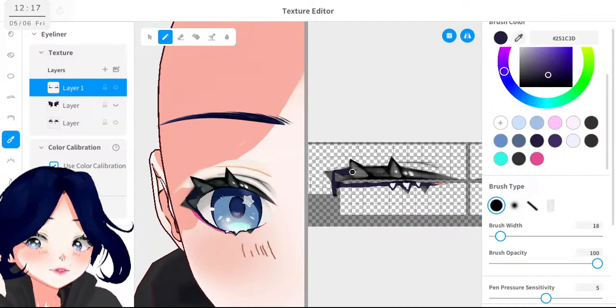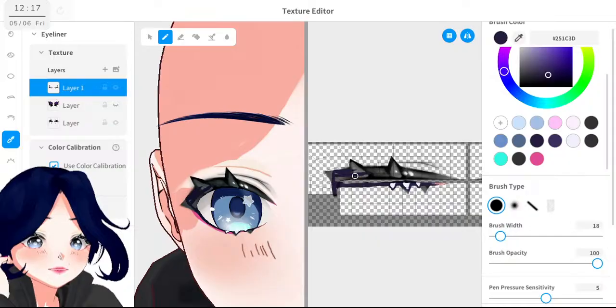If it is that. Maybe a little smaller, not that much here.